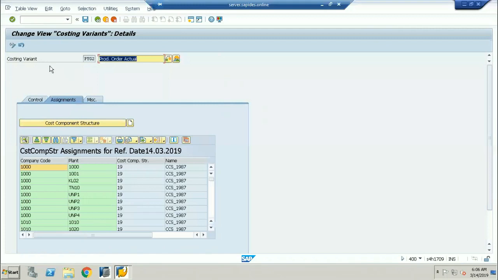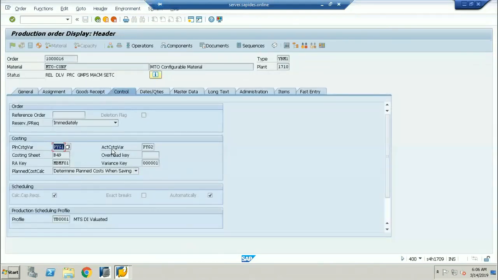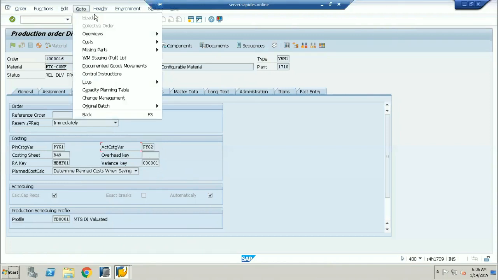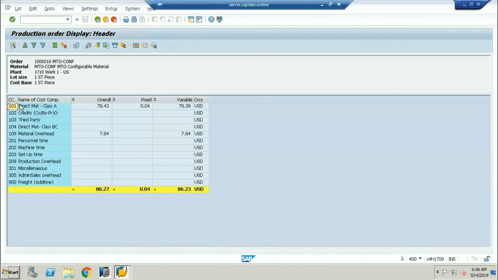So to my costing variant, and this costing variant I will take and maintain in the actual cost variant in the production order. See here, in the production order, I will assign it. Based on this assignment, once your production order has been successfully completed and it is completely delivered, I can click on cost, and there is a cost component split here. Now if I click on the cost component split, I can see the total cost component split for my company code.